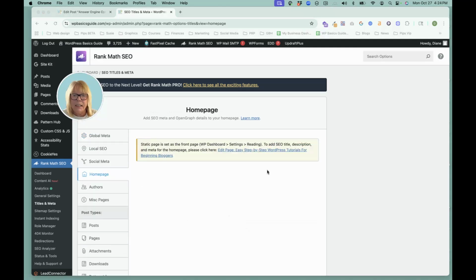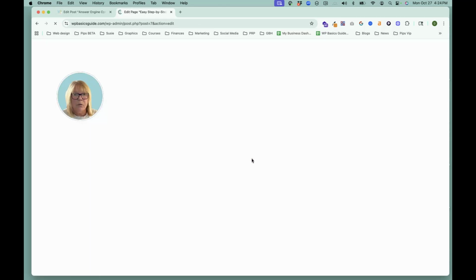Number three is titles and meta. If you click on titles and meta over here in the menu bar and then click on homepage, you will see if your homepage has a SEO description, a SEO title, and metadata. Now, my settings right here tell me that because my front page is set up as a static page, it says just to click here, just follow the instructions,